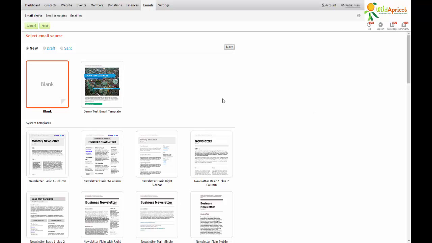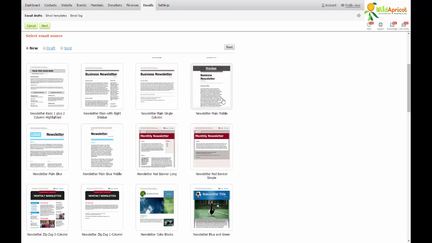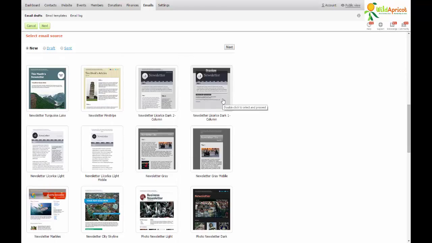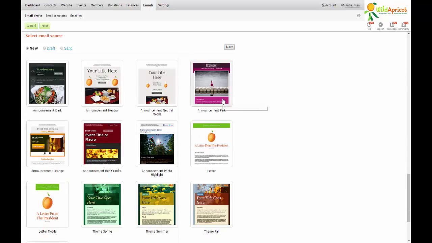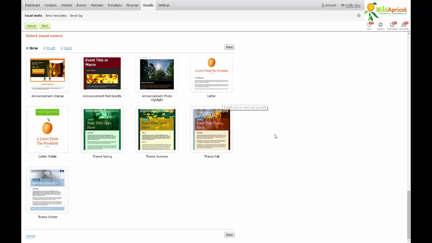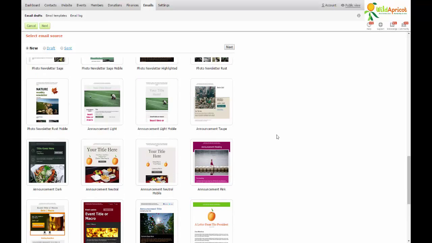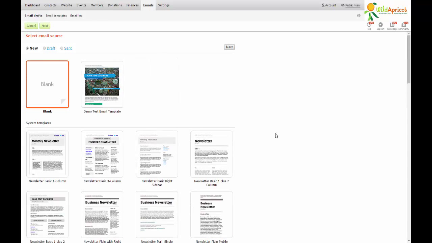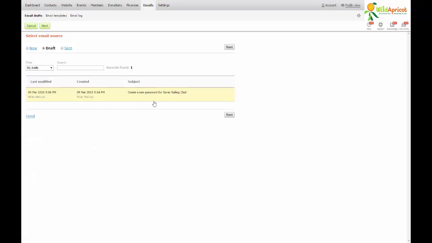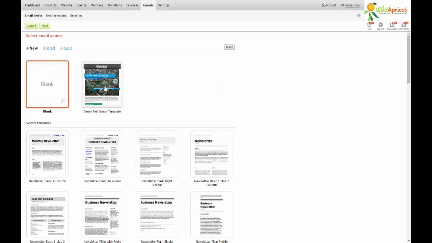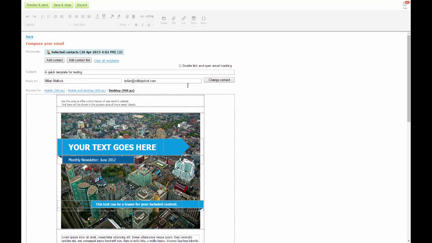This screen that we're looking at right now, though, actually lets us see all of the available templates for emails. You can obviously customize these as much or as little as you want. These ones are ready to go out of the box. And you can actually create your own, as I've done up here at the top. You can obviously create a blank one or just send a regular blank email if you'd like, or you can start with a draft email that you've already got. But right now, I think we'll just go with this one, click next,